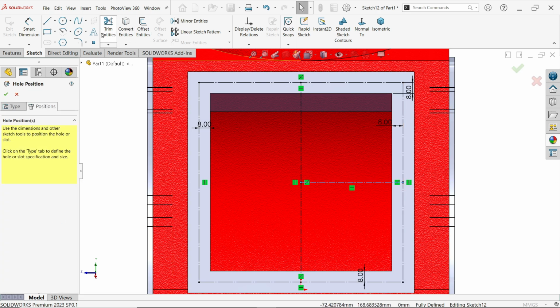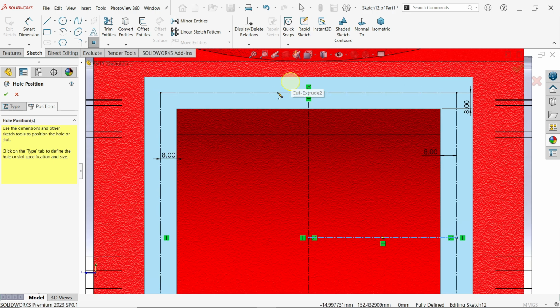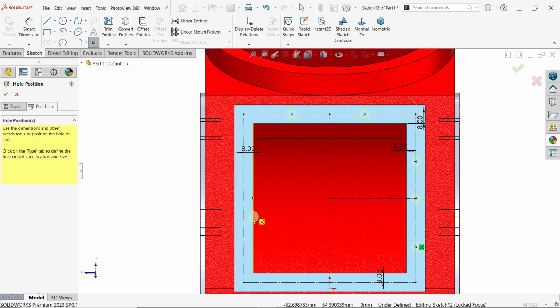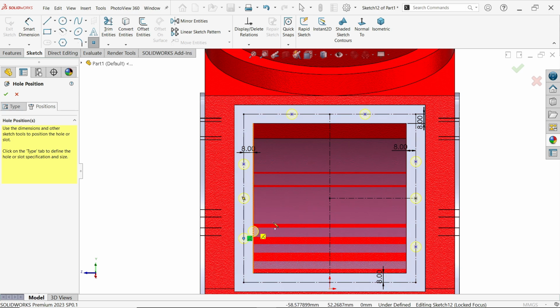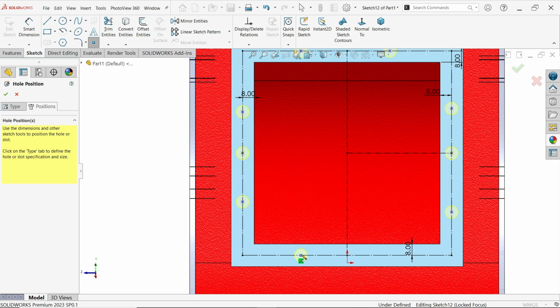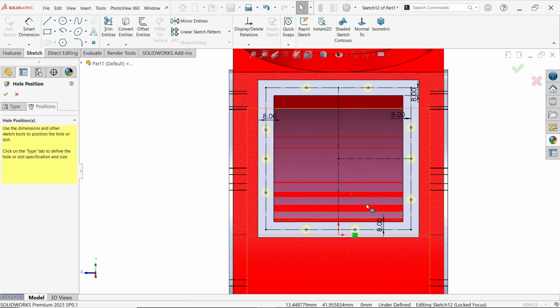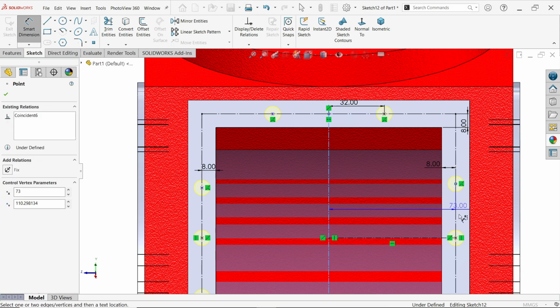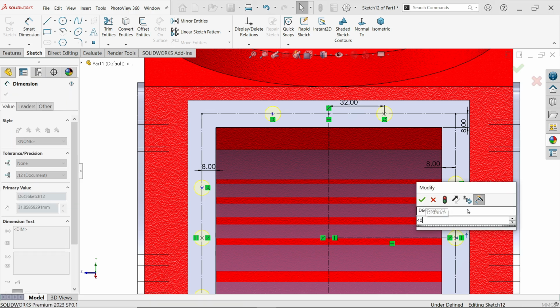Now let's activate our hole, select point and place one here, one here, one here, one at center, one here, okay, one at center. Total 10 holes in one side. Press escape key to get out. Okay, let's apply a few dimensions. Then we will 32, 40,